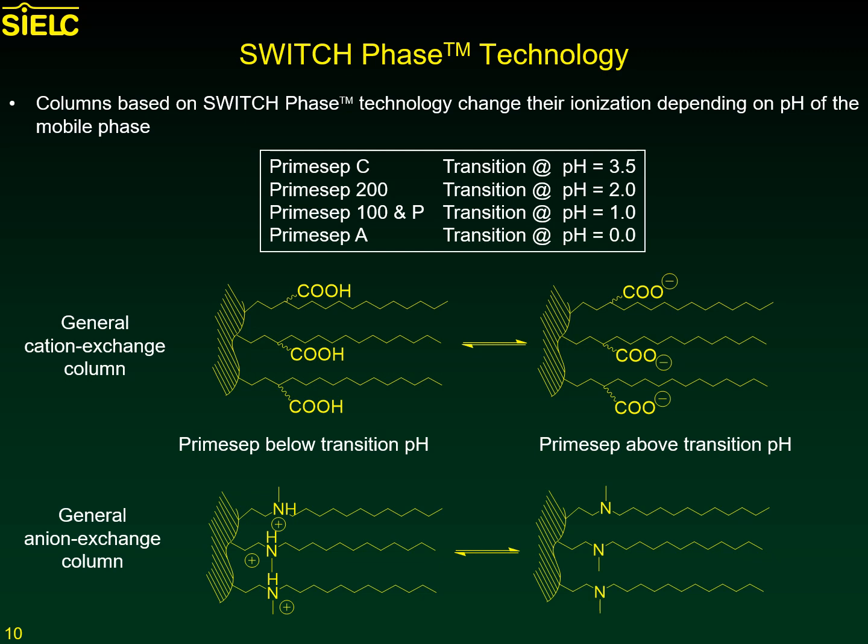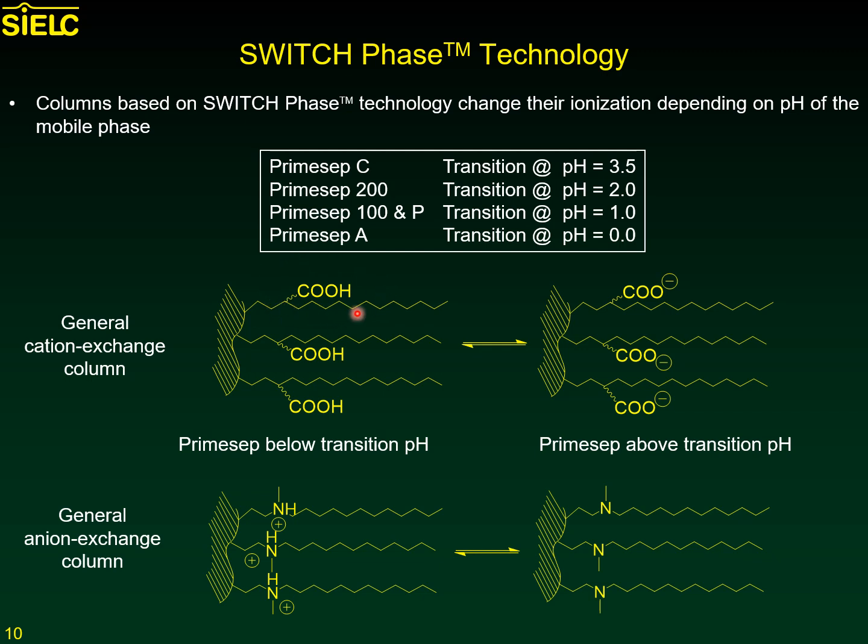And the degree of ion exchange capacity in each of these columns is determined by switch phase technology, wherein their ionization is changed depending on the pH of the mobile phase. We have given a summary of the different transition points in pH for the different cation exchange columns. And in general, when thinking of the different transition points for the cation exchange columns, wherein the ionizing group is a carboxylic acid, if one is operating at a pH that is below the transition point, the ionizable group will